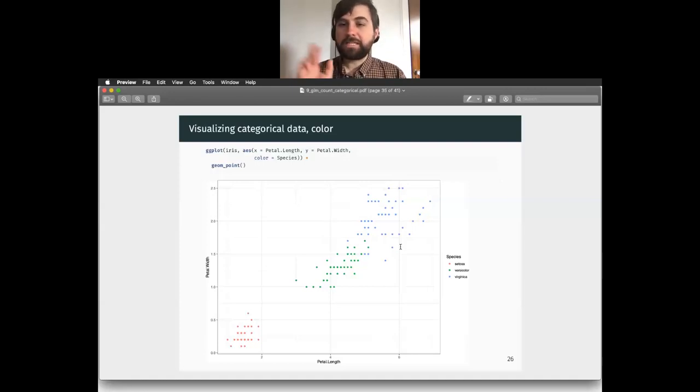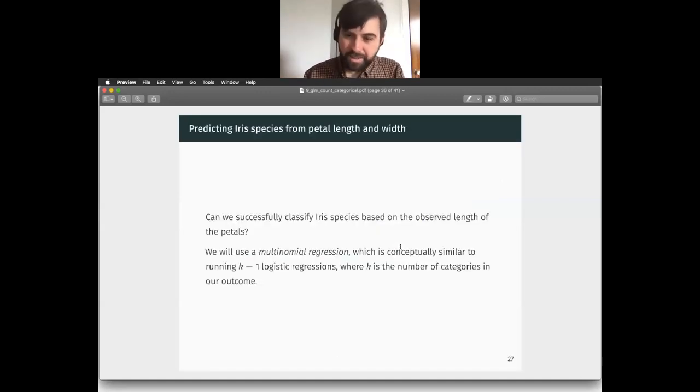If we estimate the 2 models, we don't need the third. It's implied, right? So we're going to estimate k-1 logistic regressions. That's what's going on under the hood. It's not exactly what's happening, but if you can get your head around the logistic regression model, the multinomial is effectively adding additional logistic regressions in